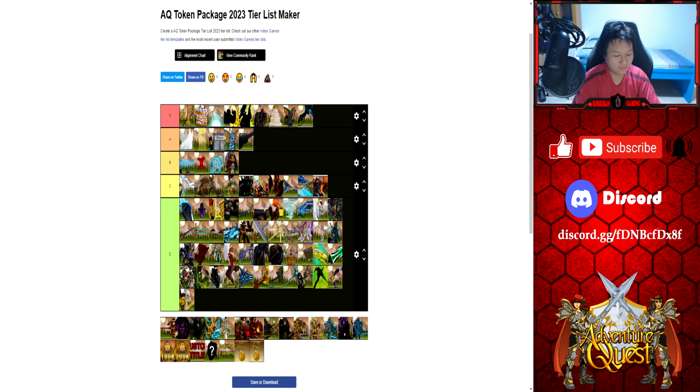Next up, we have Akrilov. This is also recently updated, not too long ago. Aquilov's Hatred, 0 proc weapon, comes with a fully offensive fire armor. First one,